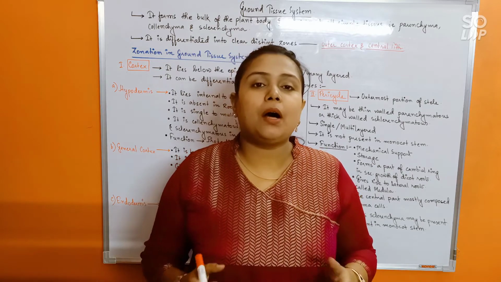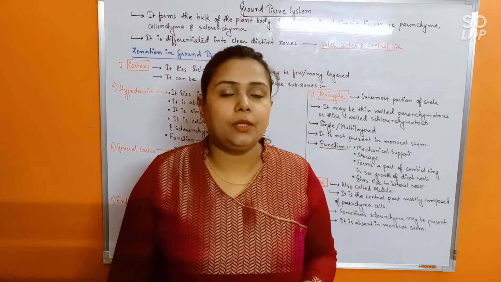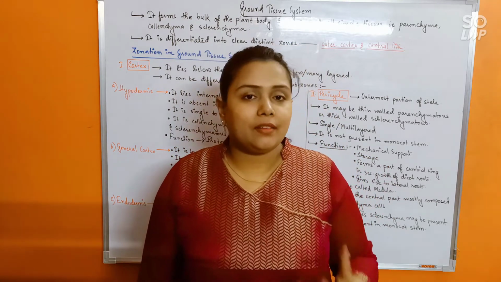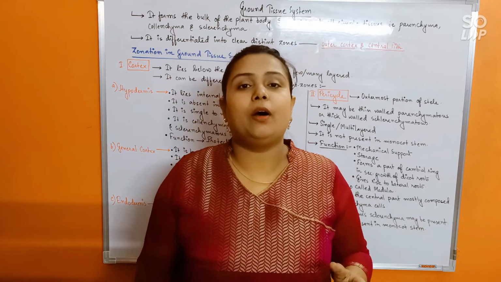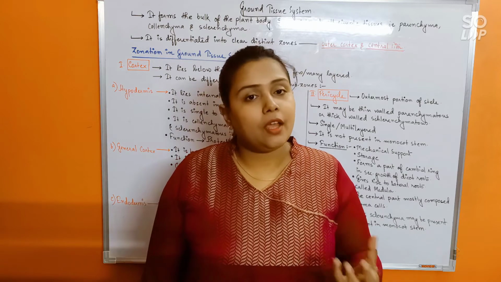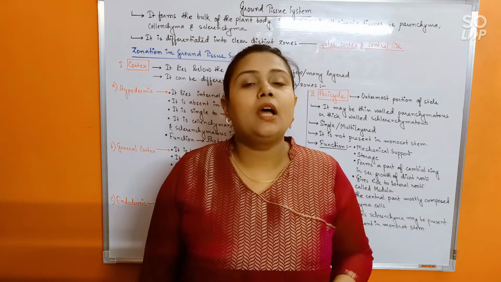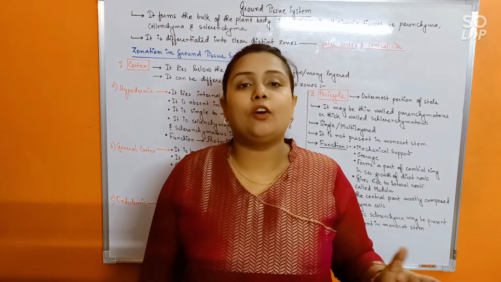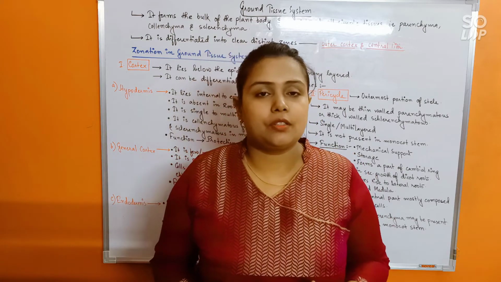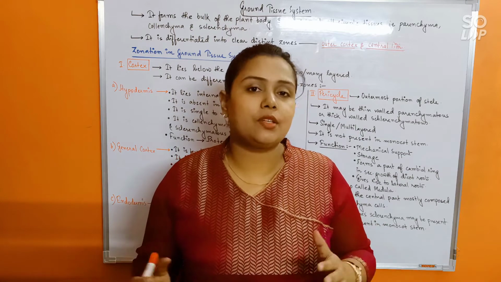So it forms the bulk of the plant body. Okay, and because it forms the bulk of the plant body, you can see that all the simple permanent tissues, that is parenchyma, collenchyma, sclerenchyma, all the three will together form the ground tissue system. There again, parenchyma will be maximum, because I have already told you that parenchyma forms the bulk of the plant body, right? Now, regarding ground tissue system, the ground tissue system can be clearly divided into two distinct zones,